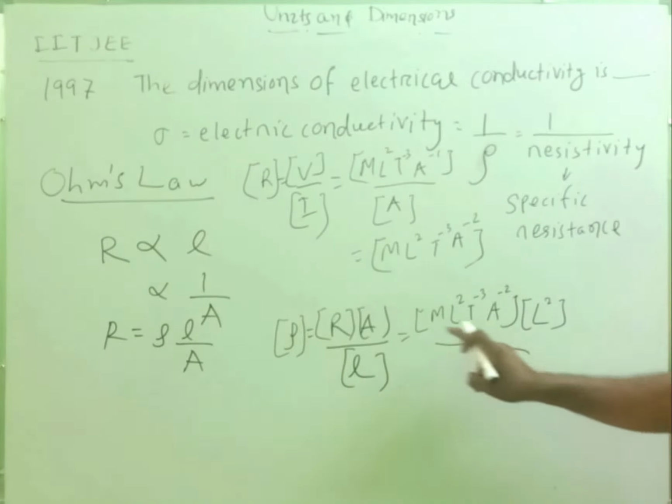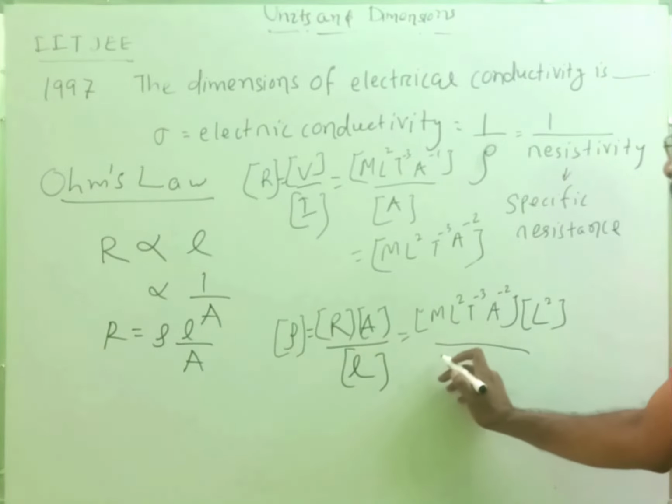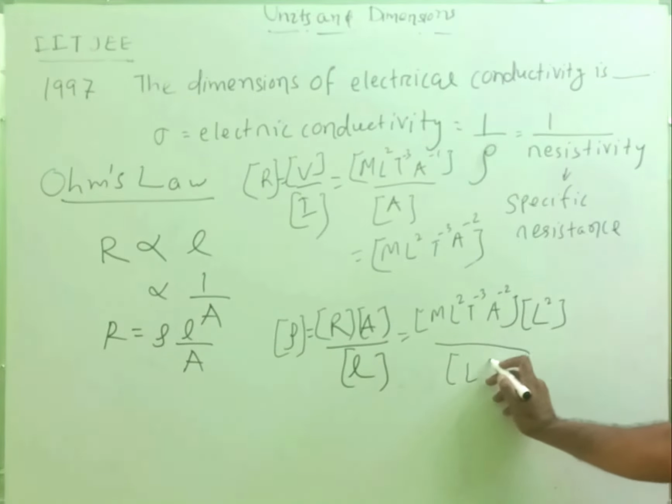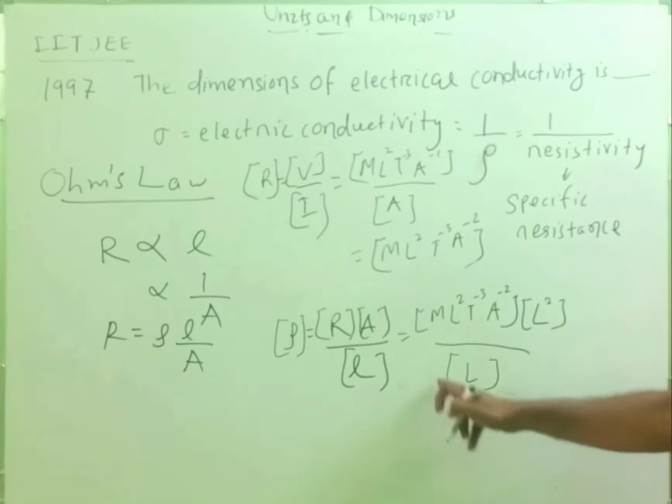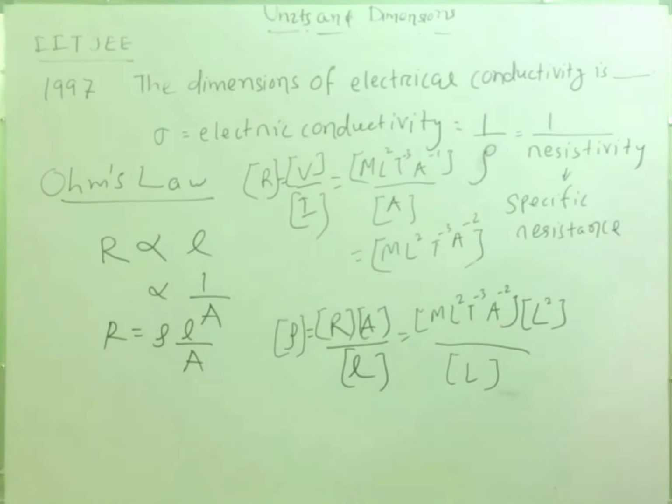Okay, student. L square is the dimensions of area irrespective of the geometrical shape, and capital L in square bracket stands for dimensions of length. This L square cancels out, giving L. So this becomes M L to the power 3 T to the power minus 3 A to the power